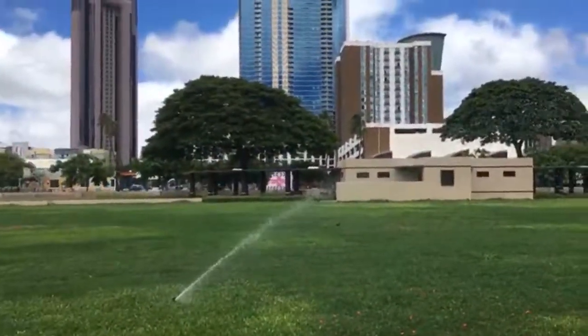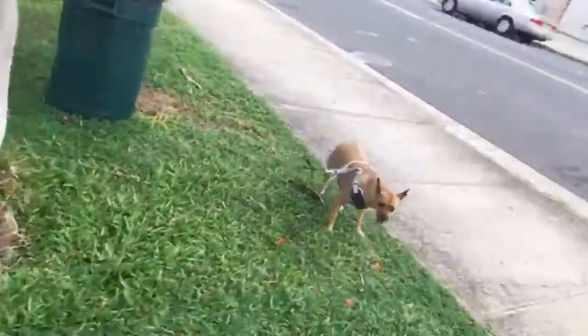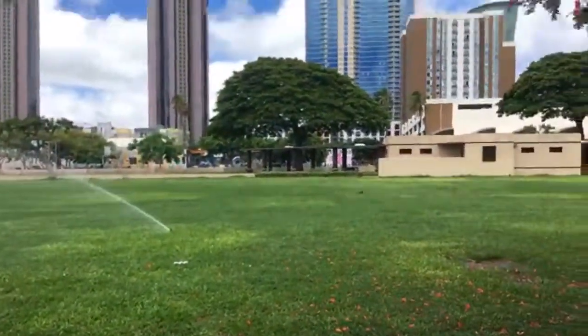Sorry, sprinklers just went on. That's why I was giggling. I wasn't giggling at the disrespect of our national anthem. Okay, so